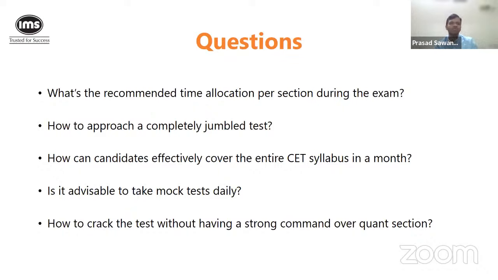You should not, even without blinking an eye, you should just say 3 upon 8 is 37.5%, right? Or whatever it is. So you should be able to convert from fraction to percentages and reverse. Then ratios, if you're given ratios, then how do you handle that? So percentages, ratios, absolutely important for DI. So do these two, because there are, again, standalone questions also in these two topics, and it has applications in data interpretation. Then another very, very important thing is going to be set theory,